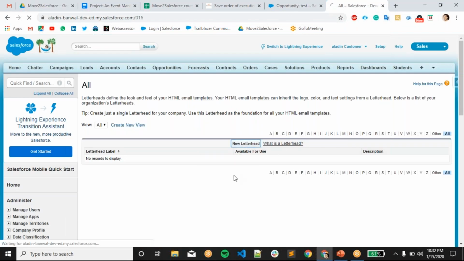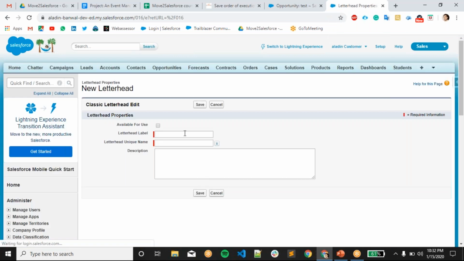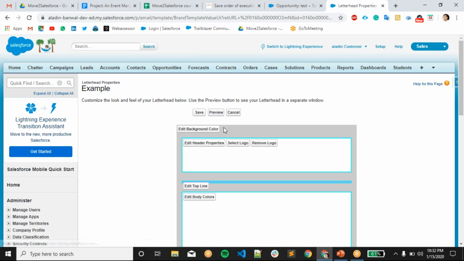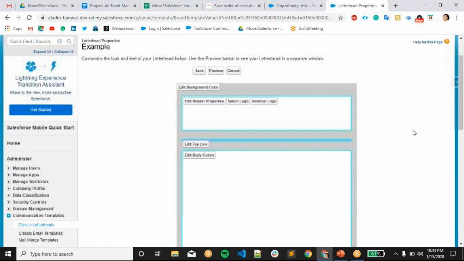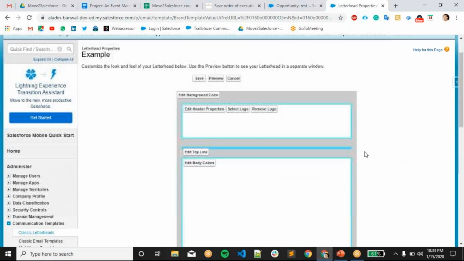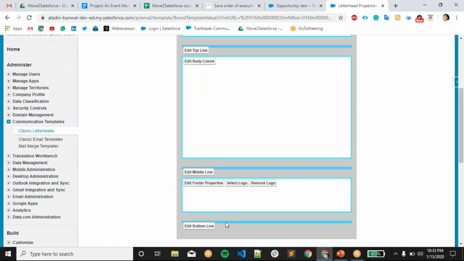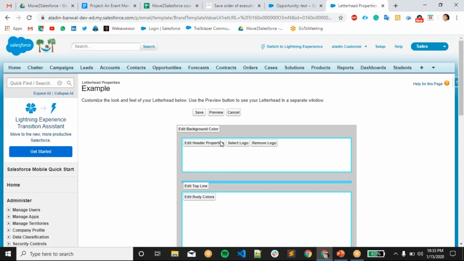So here you can create a new letterhead. You have to give an example for now. You have to select this one, so that you will see this in your email templates. See, here you can give the header, here you can give your body, and here you can give your footer. You can select the logo, edit footer properties, like how much width or height you want to give.